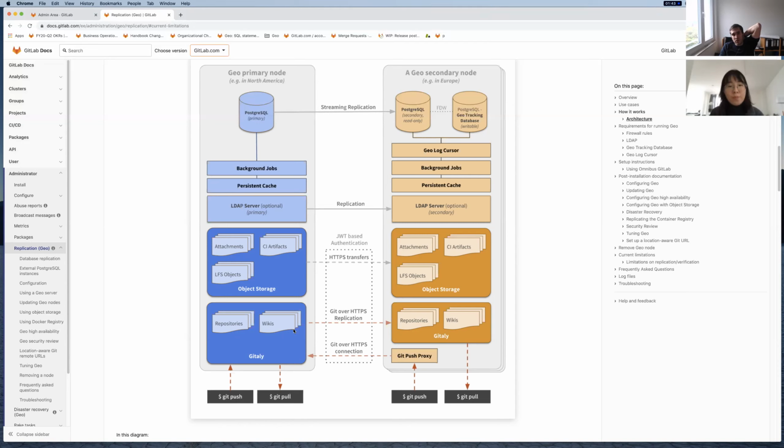So Geo essentially allows to do this on a continuous basis. So every time a change happens on the primary, it will be forwarded to the secondary. The important point here is that the secondary is read-only. So you cannot actually change any sort of state on the secondary. You can only read from it. And that is maybe something we can change in the future, but at the moment,